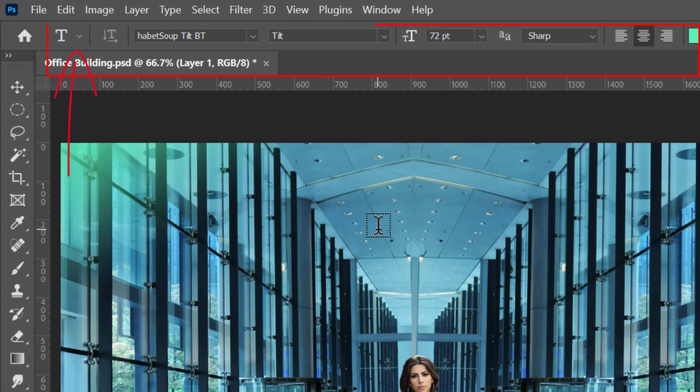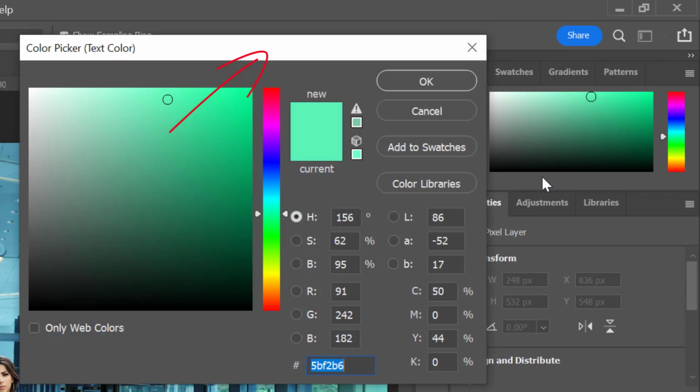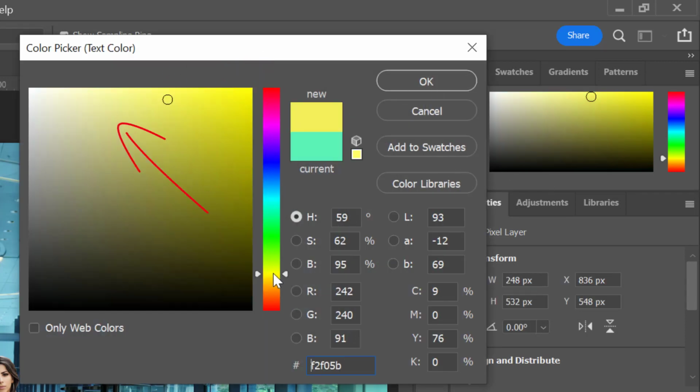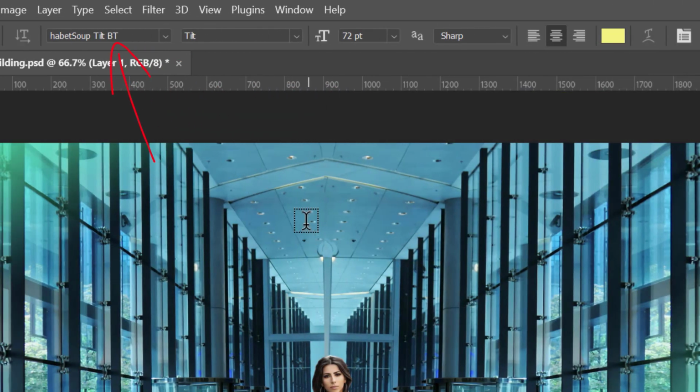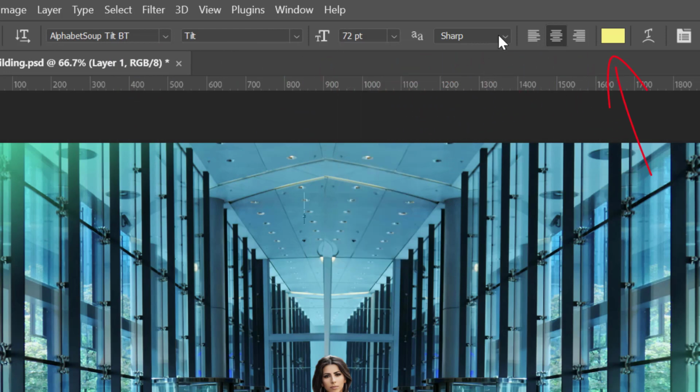Most creators add some text on their images. And that's why, I think, the Type tool is probably the most widely used creative tool in Photoshop. To use the Type tool, select it from the Tool panel. Choose the font you want from the drop-down Fonts menu. Choose the style, the size and alignment, the color for your text, and just click where you want to add